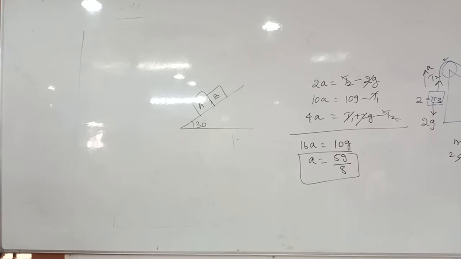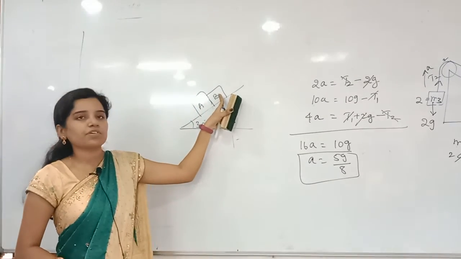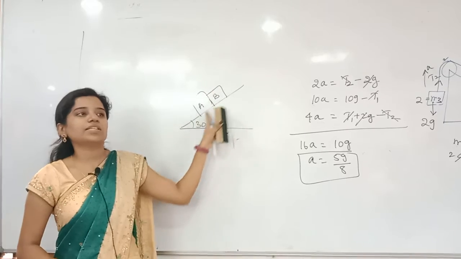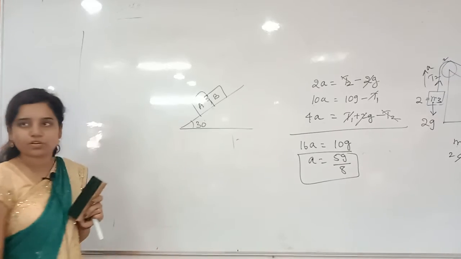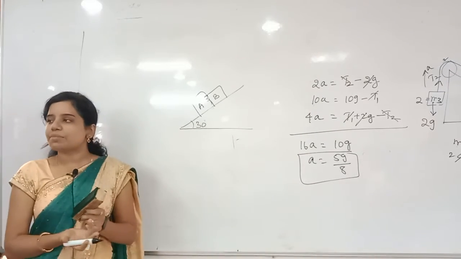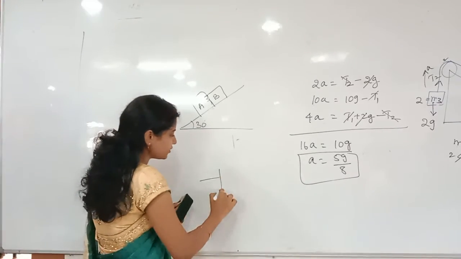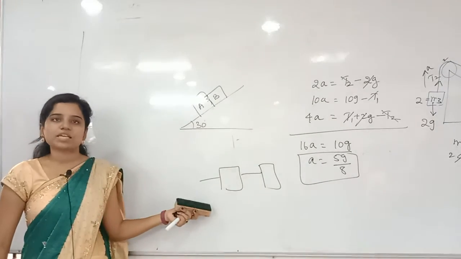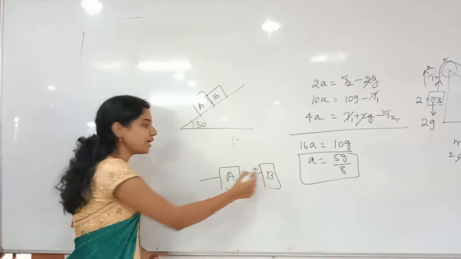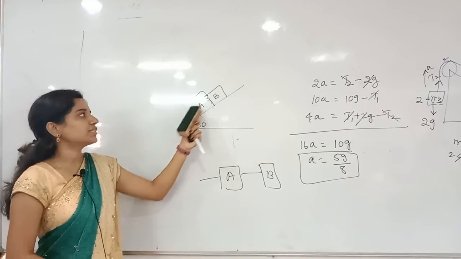See that, A is of how much mass? 5 kg, and B is of how much mass? 3 kg. They are not leaving the contact between them, so the total mass will be 8 kg. Now both will move with the same acceleration, whether A or B. Same like a tension problem, a string problem. If I pull here, both will move with the same acceleration. If I ask for A or B, both are the same. Now A and B are moving with what acceleration here?